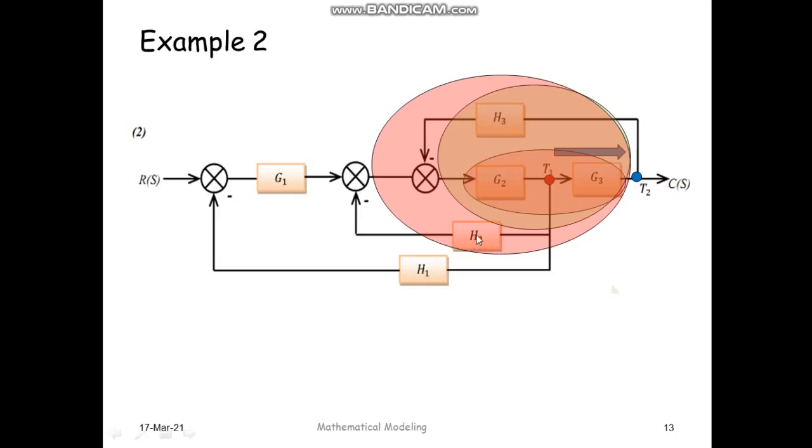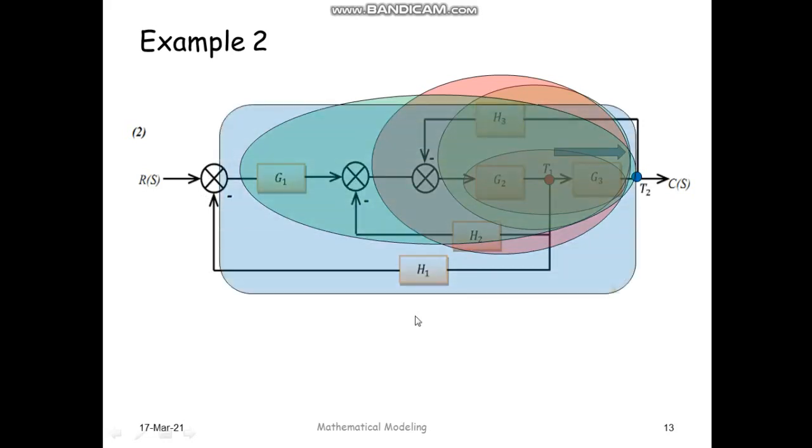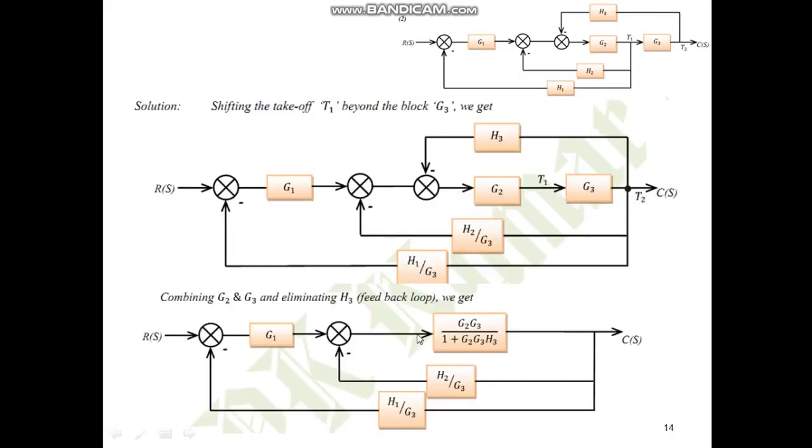Then you have to reduce it using the usual formula, and after eliminating minor feedback loop number 2, the transfer function of this minor feedback loop 2 and this G1 will come in series. So you can take the multiplication of these two blocks, so that you will get a single block along with one block in the reverse line, so that this will serve as a third minor feedback loop, and that you can eliminate. So now let us try to solve this particular example.